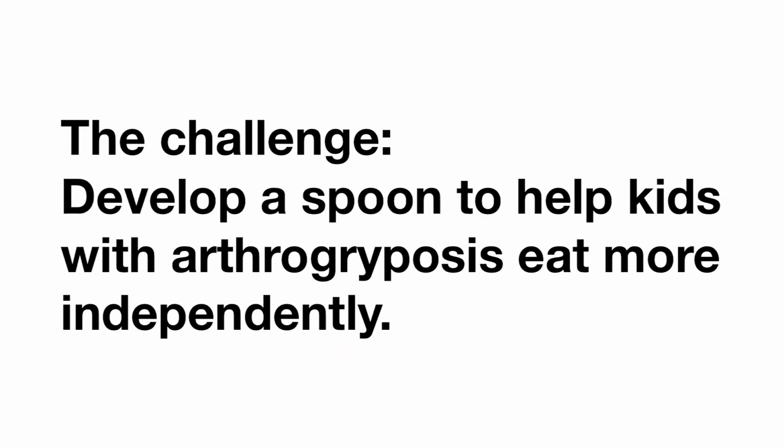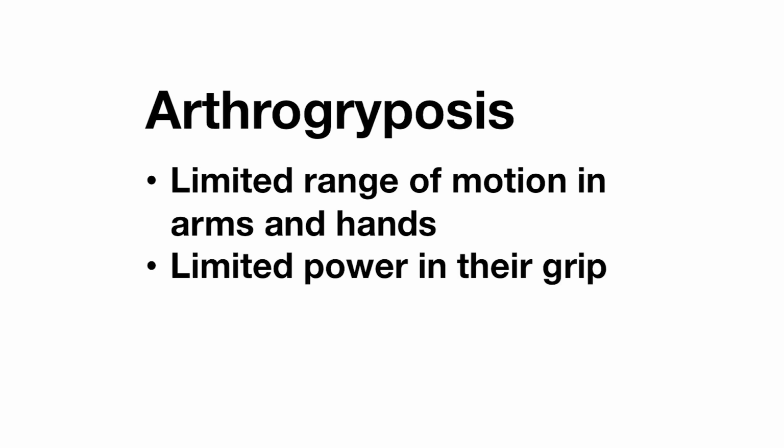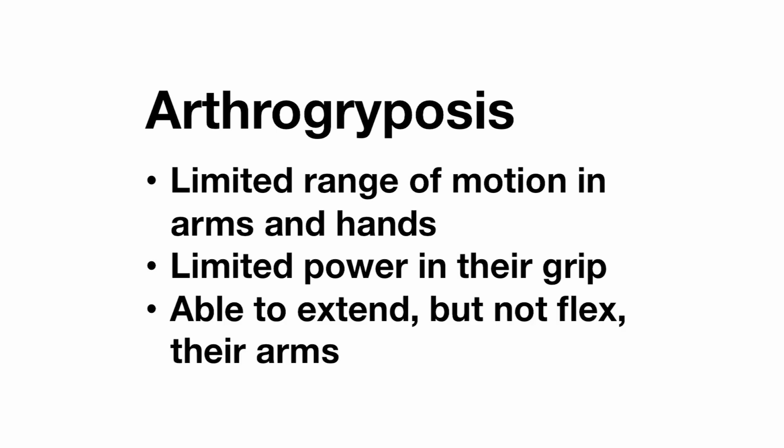We're going to illustrate a screening Pugh matrix by evaluating ideas generated by students at Rice University for a Design with Disabilities project. The challenge presented was to develop an eating utensil, specifically a spoon, to help kids with arthrogryposis eat more independently. So individuals with arthrogryposis have limited range of motion in their arms and hands, as well as power in their grip. So these individuals are able to extend their arms, but they're not able to flex their arms. In other words, they struggle to bring their hand to their mouth, thus limiting their ability to feed themselves